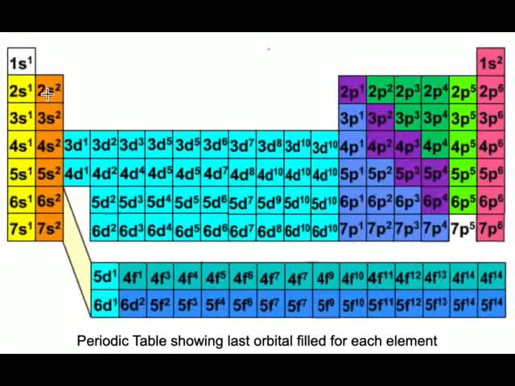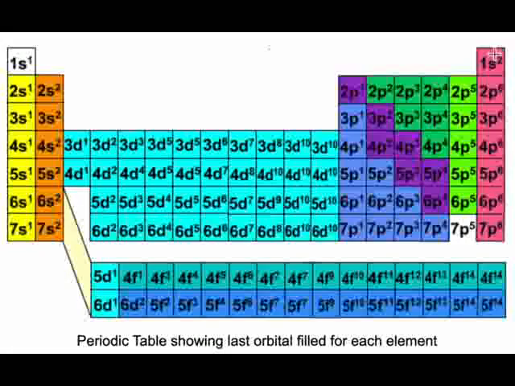Beryllium, 2s2. Where's oxygen? Oxygen, 2p4. Where's neon? 2p6. So it's got atomic number 10. 2 electrons in helium-like orbitals, plus 2 in S states, plus 6 in P states gives me